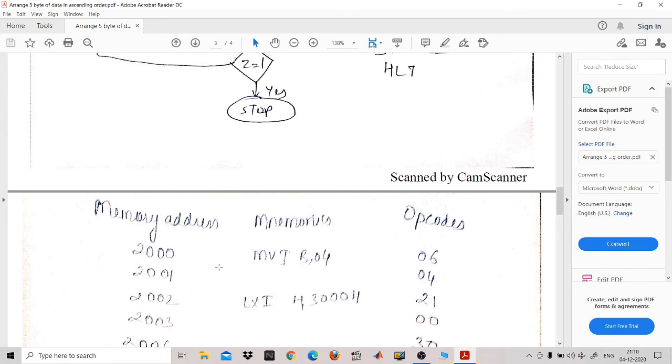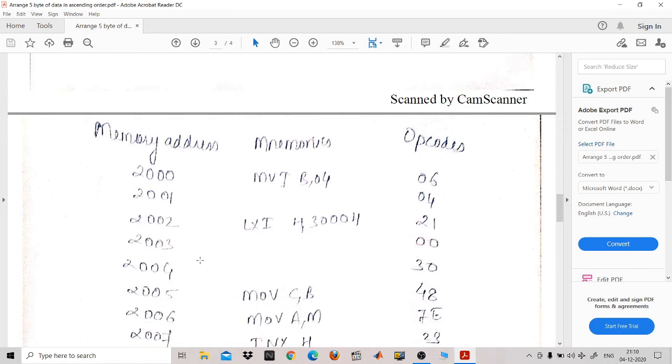Then 04. Now you know that I always use the starting address 2000 hex to store all the program instructions, and I always store the input variables from 3000 hex, and I always check the result at 3500 hex. But in our case, we are not checking our result in any other memory location, because we have to arrange the data in the same location, and that too in ascending order.